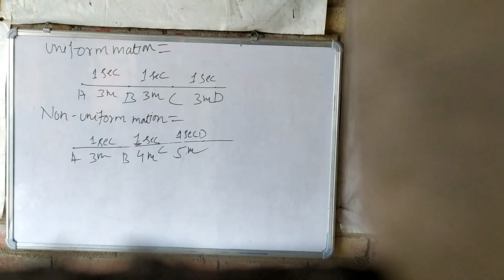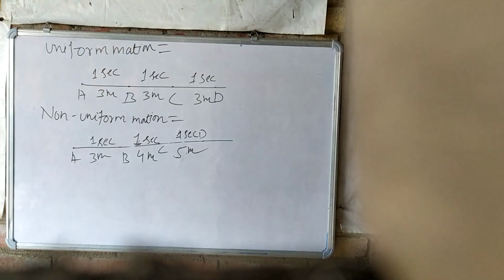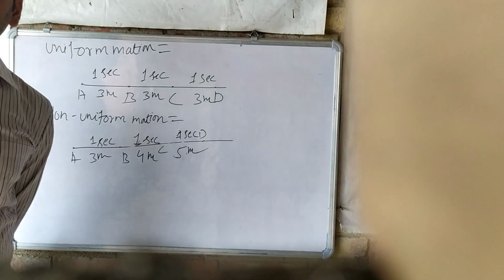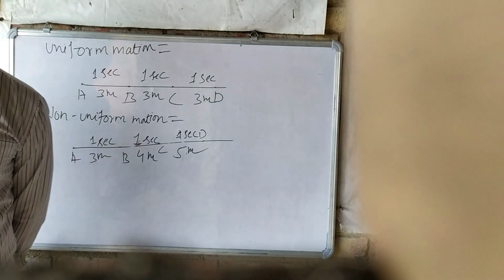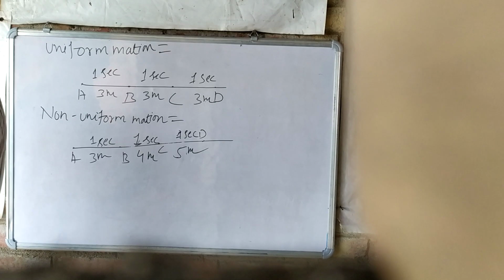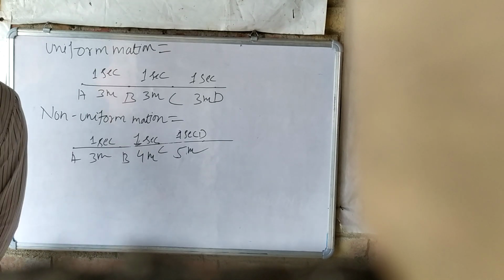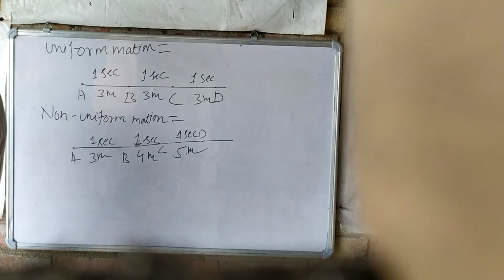So in this chapter we have studied different kinds of motion, and I have made it very clear in my videos which I gave yesterday and today. Then we have studied rest and motion, and simultaneous motion, and we have taken a few examples for each and every case of motion. So we have taken everything. Now this chapter, this unit, is covered.